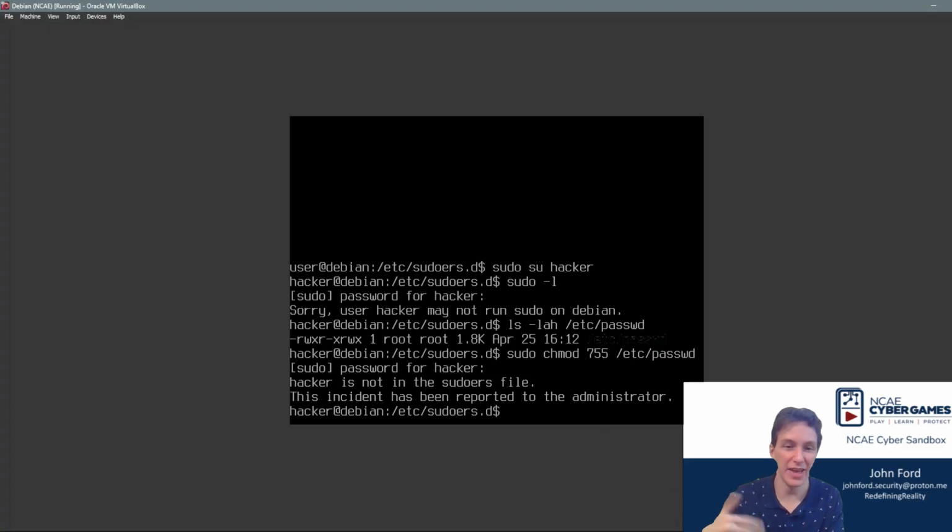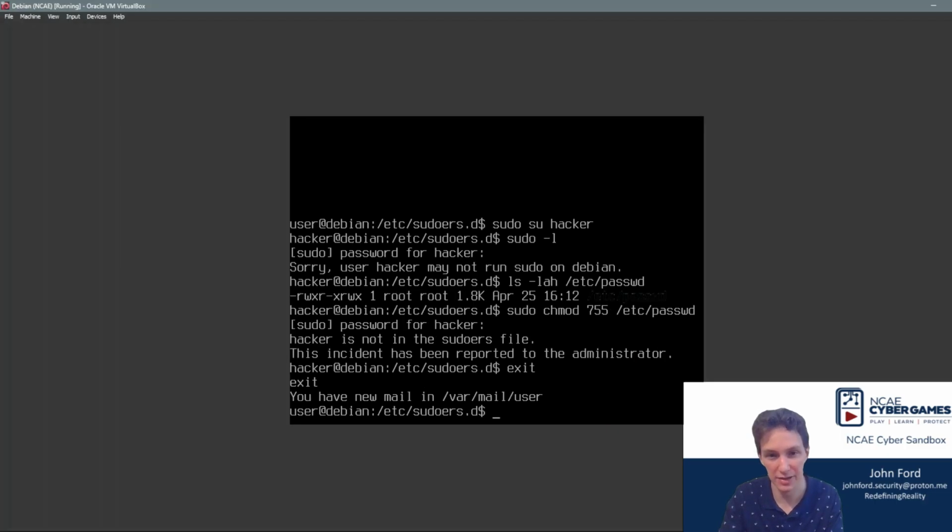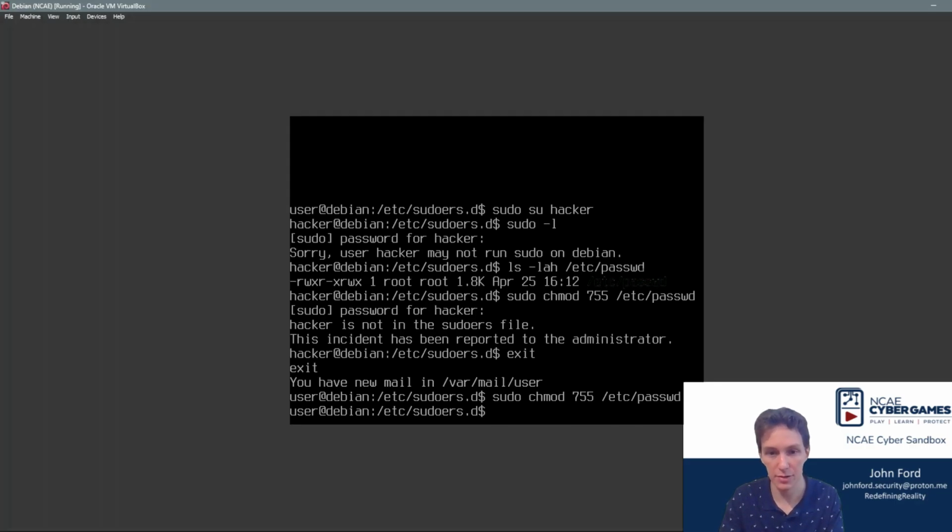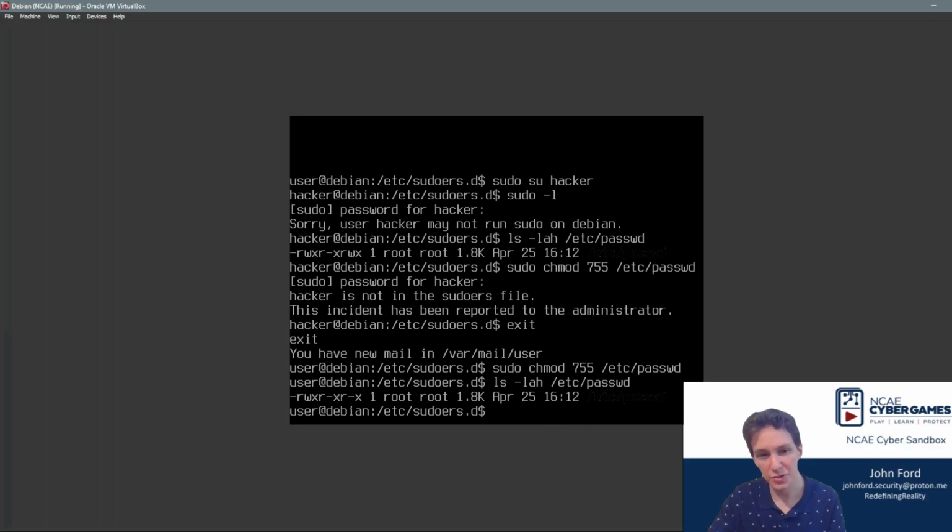Of course, I have to actually do this as a user that can run sudo, right? So I'm going to exit out of this hacker shell, and I'm going to do that as a user. /etc/passwd. And now if I list the permissions on that file again,